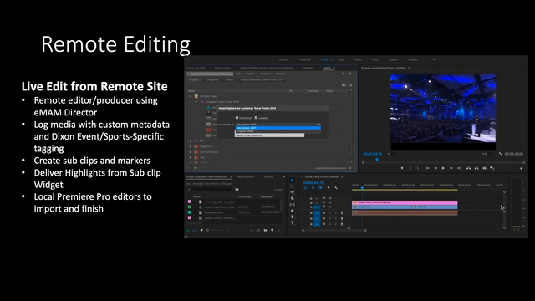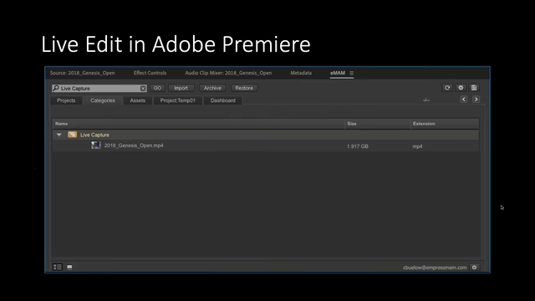So you can just load up the eMAM panel, look at all the subclips that are available to you to create packages for producing and editing, and then send whatever you produce back to the eMAM system, and use eMAM to do the delivery as well. You can deliver locally if you like. Media Encoder does have delivery to social media and things like that. But the idea in this concept for Premiere is that you cut subclips within Director, create those as assets, and download those to a remote editing workstation as well.